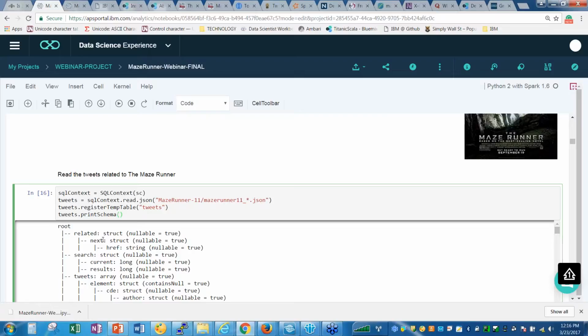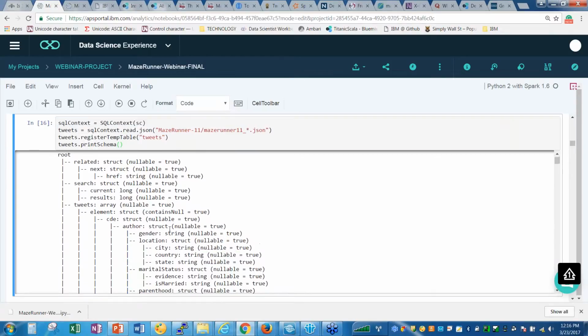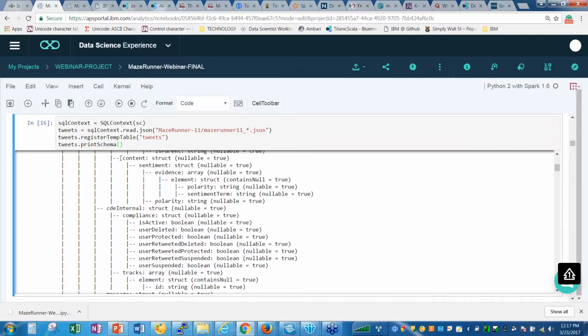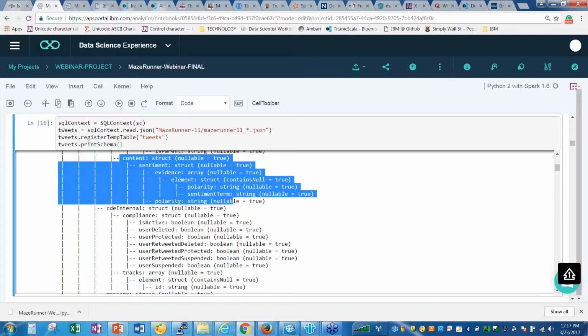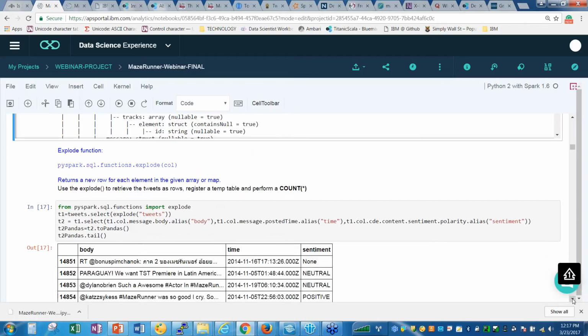And there's a whole slew of information that comes out. So in addition to the tweets, there is information about the person who tweeted, and the sentiment information. The sentiment part, the polarity and stuff like that, is what we will be using in this particular use case. So like I mentioned, the various tweets come as an